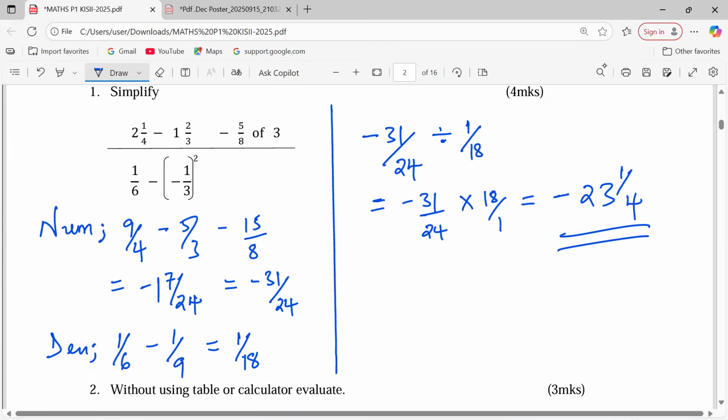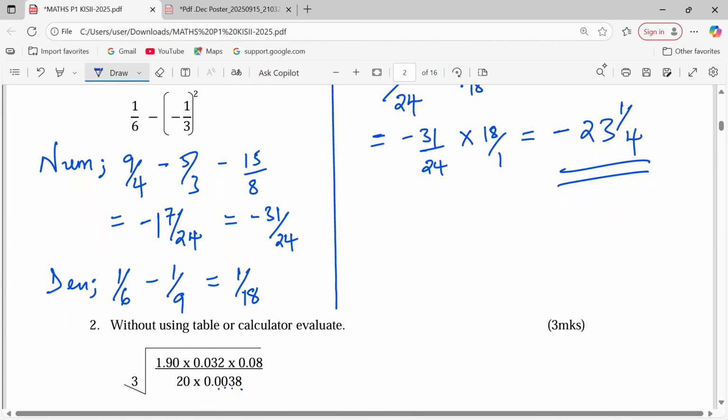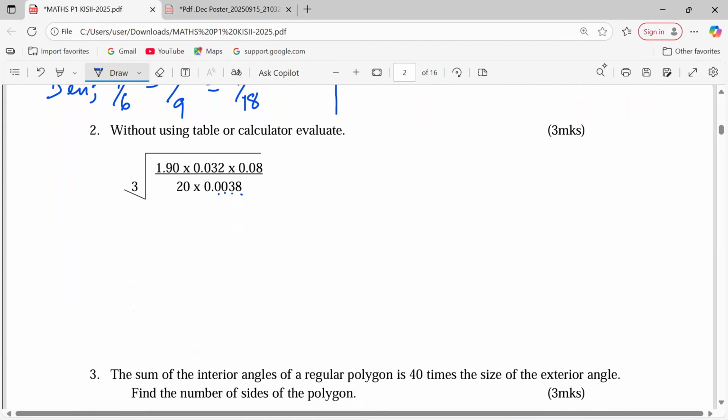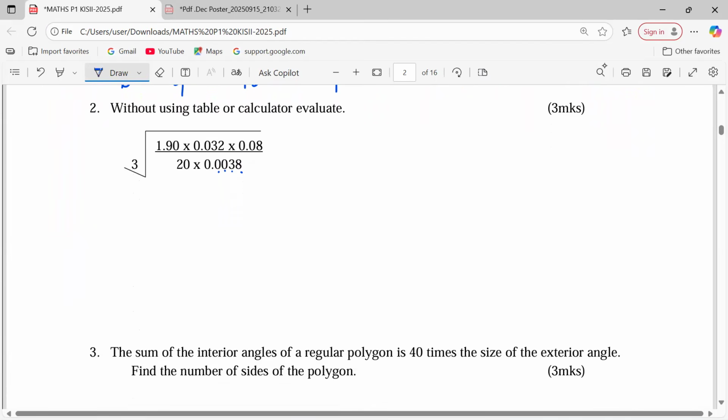As we continue working out, you can also put a few things to see whether we are flowing together, just to confirm our accuracy. Let's look at number 2. Without using tables or calculator, evaluate the cube root of 1.9 multiplied by 0.032 multiplied by 0.08, then divided by 20 multiplied by